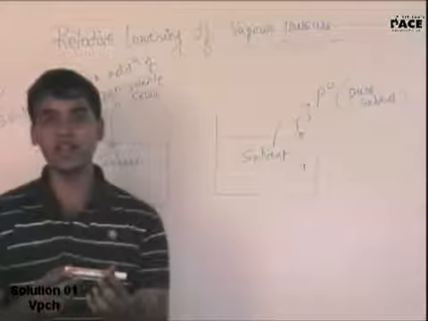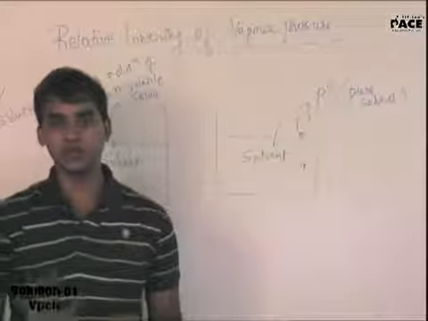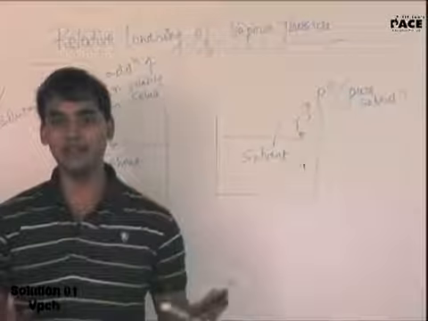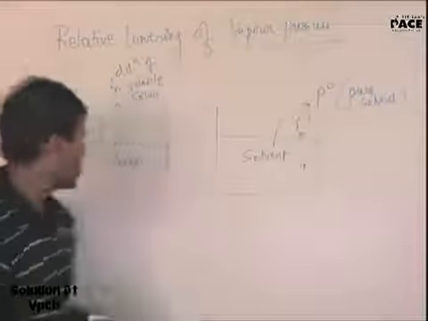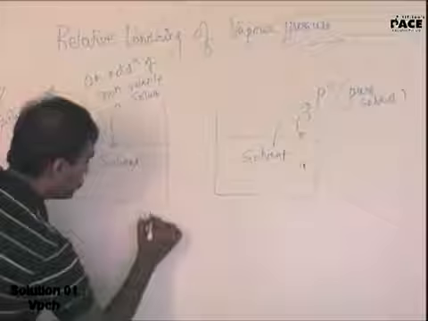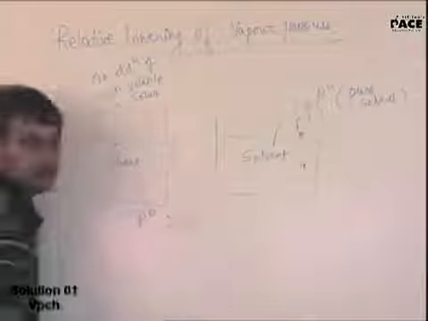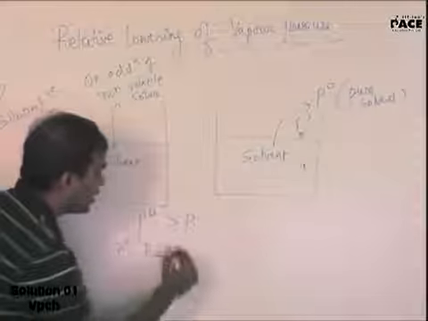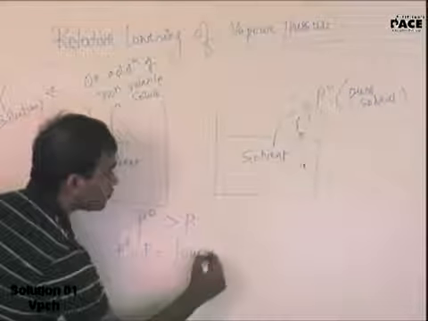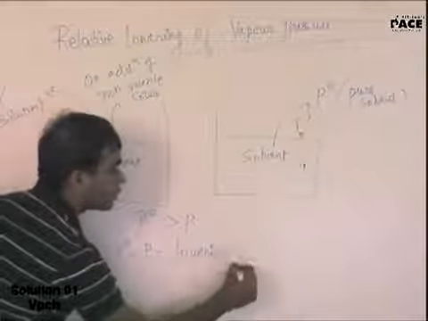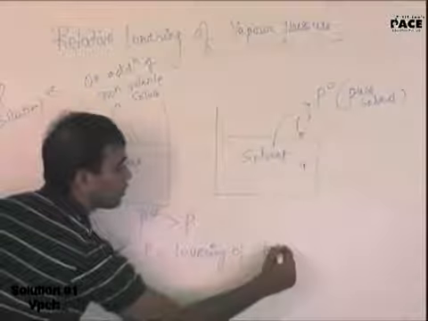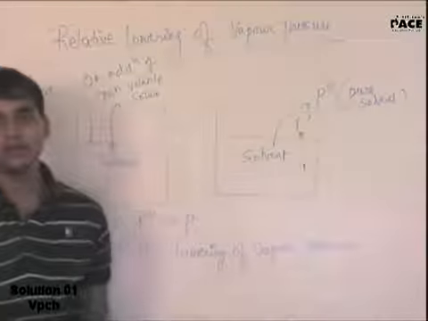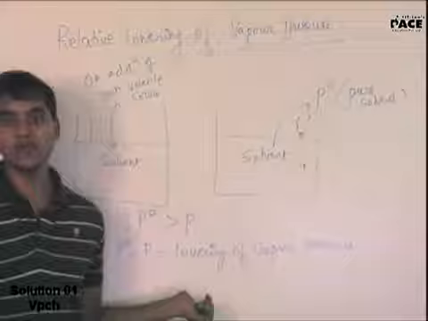The same example is given. I think it is clear, right? Okay. So I can say P naught is greater than P, or I can say P naught minus P is the lowering of vapor pressure. Initially it was P naught, now it is P. So how